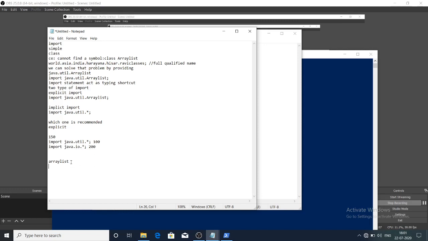So first of all, I see where this class is coming from. So I go in the java.util package, import 100 files. So we have to see in 100 files where that file is, and if it is not there, we have to see another 200 files. So it takes 30 minutes, or any minutes it takes.